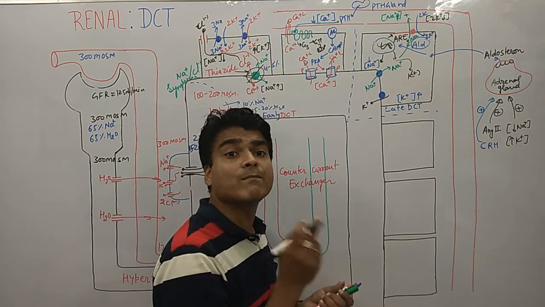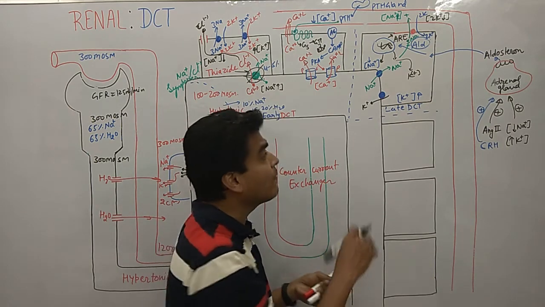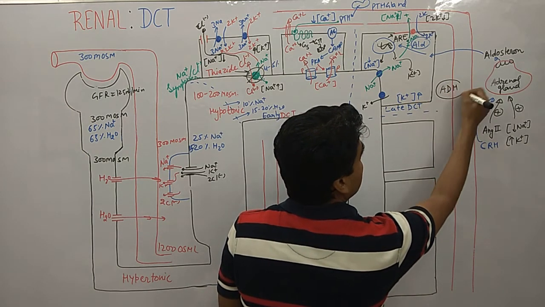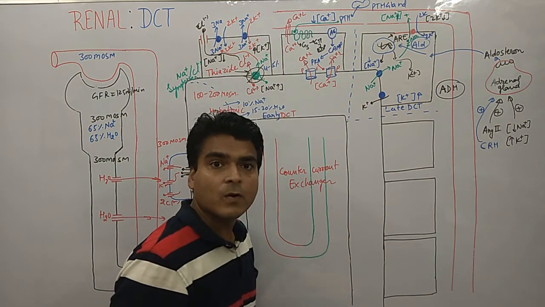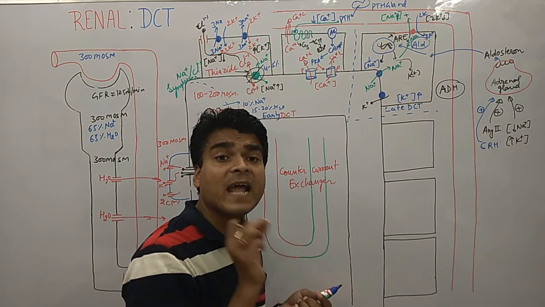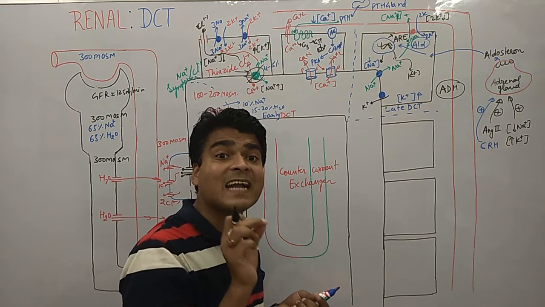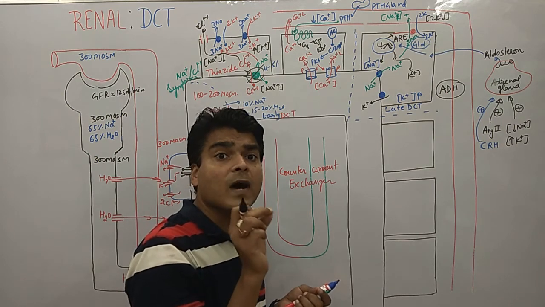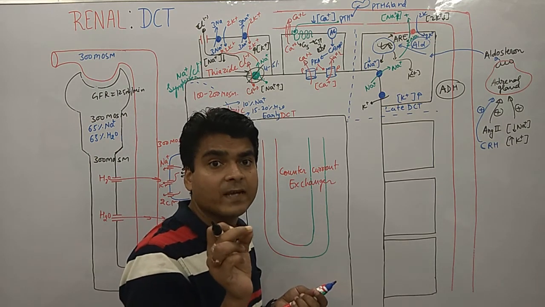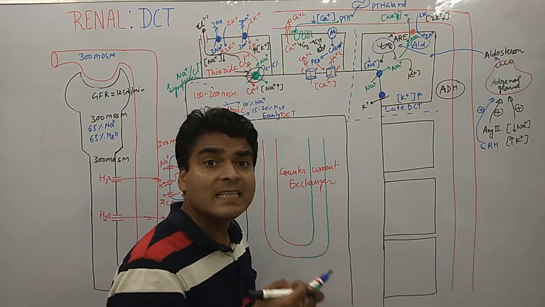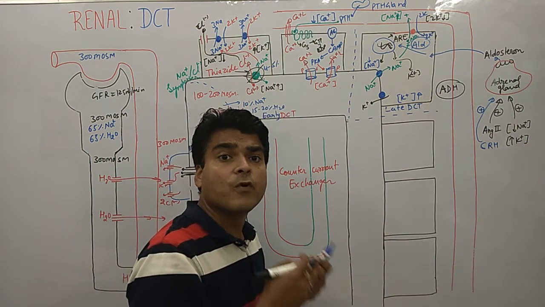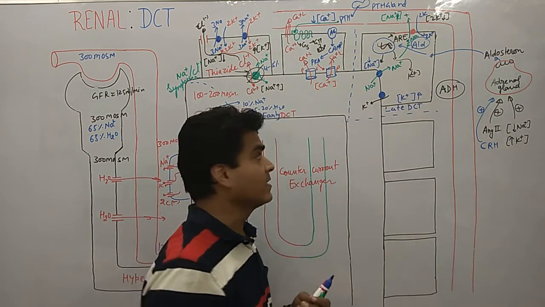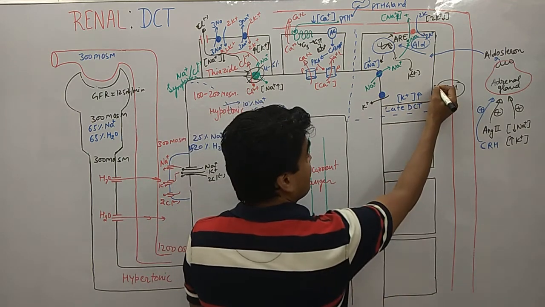Now look at the other important hormone. The other important hormone within this area is antidiuretic hormone. Remember the name, antidiuretic hormone. It acts against diuresis. Whatever the diuretics do, it does the opposite action. So what do diuretics do? Diuretics remove sodium and hydrogen from the body, and the body tries to reabsorb the water. So in the presence of ADH, what happens?